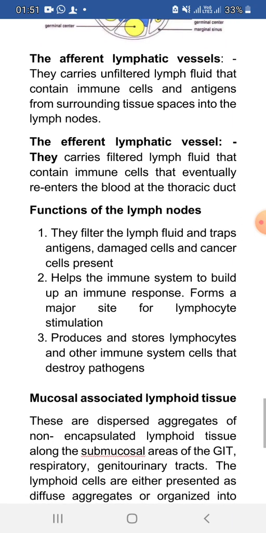Then let's look at the read through. This is what we have just said. They filter the lymph fluid, so they kill antigens, damaged cells and cancer cells. They help the immune system to build immunity by activating the T cells, and produce and store lymphocytes, the immune system cells that destroy pathogens. Okay, so we'll see how these cells are stored there